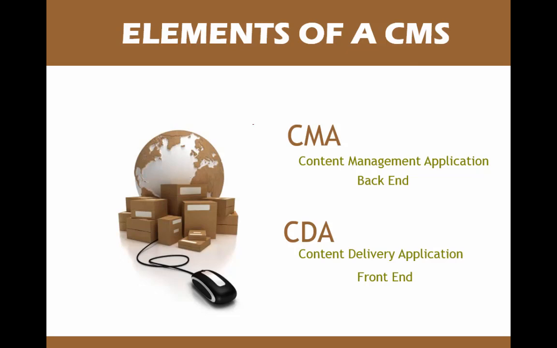So leave all these jargons and technical terms I've mentioned. Just know that the CMS has 2 ends: the front end and the back end. And the back end is where only the administrator can access. For you to enter the back end, you require a username and password. That is where you design your site. Then the front end is the site that people can see. So all content management systems have 2 ends, whether it's Joomla, WordPress, or Snappy Sites.